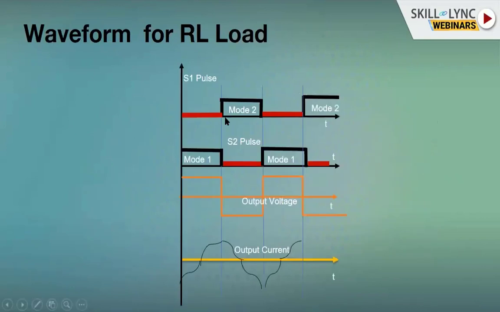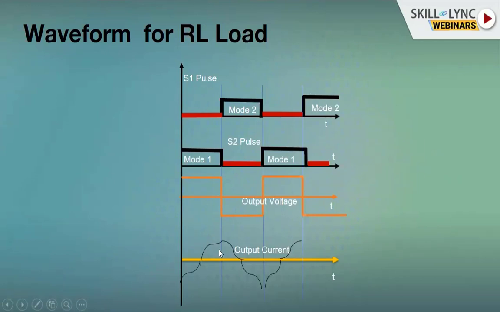Now moving on to the waveform. How would the waveform look? The output voltage is still a rectangular waveform because your input voltage is going to be DC. So your output voltage would be a square waveform, which is V and this is also V. Maybe this is V2 and this is V1. Both the voltages are considered to be of value V.